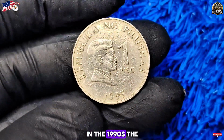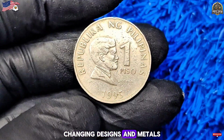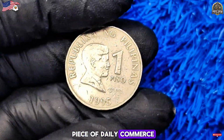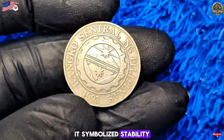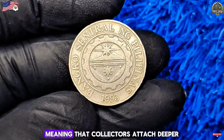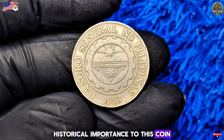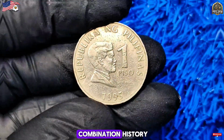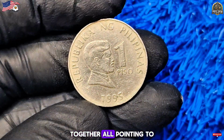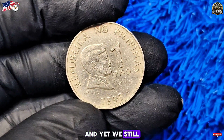In the 1990s, the Philippines was transitioning, its coinage system changing designs and metals, and the 1 peso coin became a central piece of daily commerce. It symbolized stability, but it also represented a turning point in currency design, meaning that collectors attached deeper historical importance to this coin. Now think about this combination: history, rarity, errors, and condition together, all pointing to something bigger than we can imagine. And yet we still have not reached the